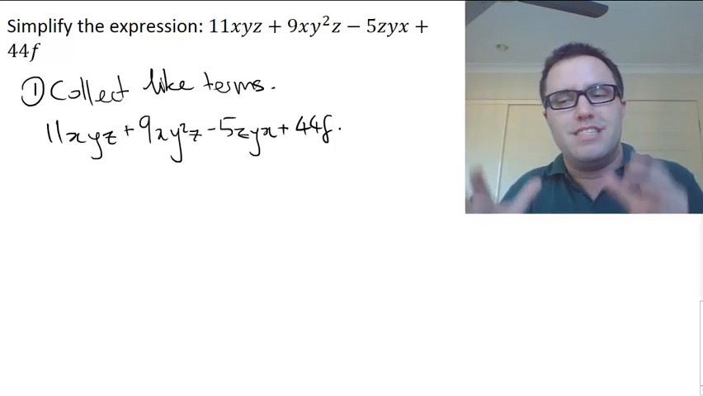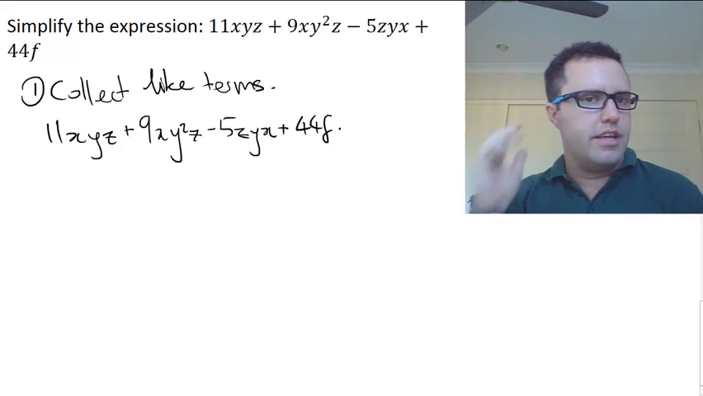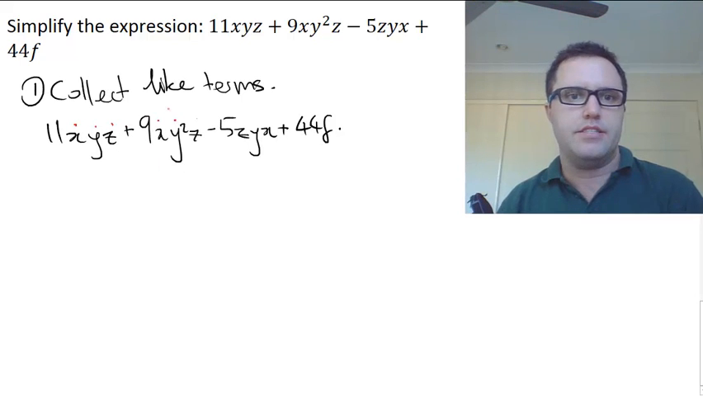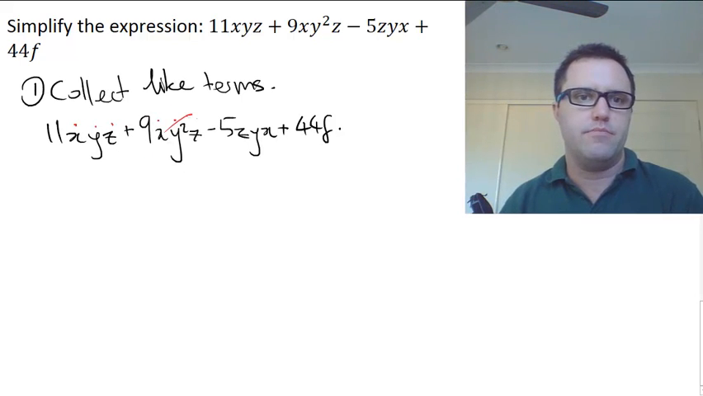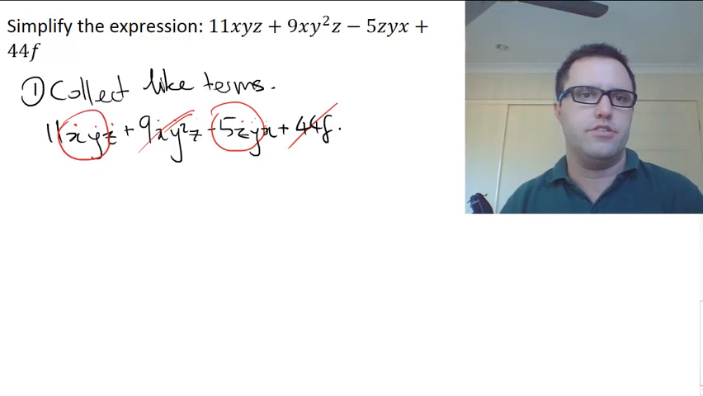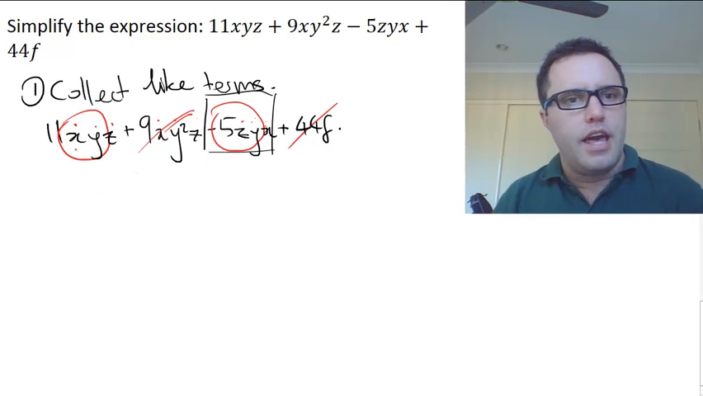This one here has an x, a y, and a z. This one has an x, a y squared, and a z. So that doesn't have a like term. Take 5zyx. Well, we have x, y, z, and zyx. So these ones are like terms. And there wasn't an f in there anyway, so that's gone too. So we rearrange, we collect our like terms. Remember that this subtraction sign belongs to that 5zyx. And we'll have